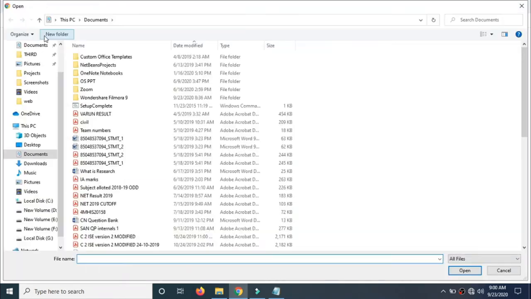If I click on this, it will divert toward documents, so that you can upload any document. From these documents you can see iamarks.pdf here.